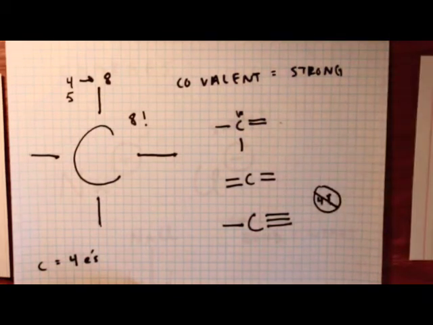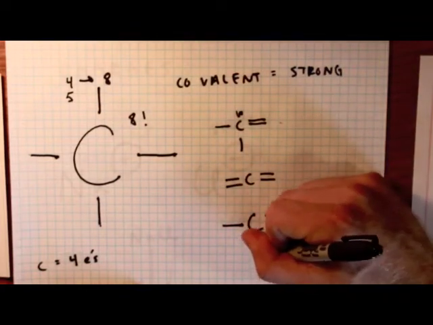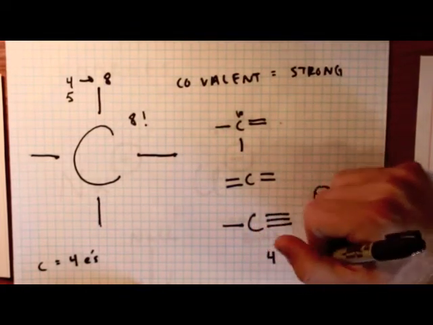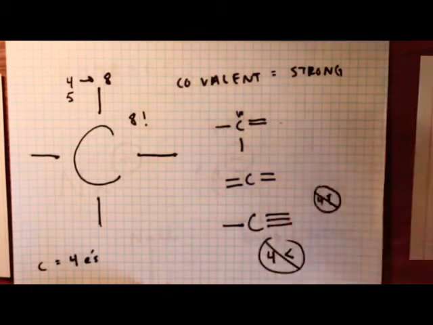Why not? Because there are only 3 dimensions in space that we can work with, leaving out string theory. We're going to get to what double and triple bonds have to do with 3-dimensional space later when we talk about orbitals. But basically, know this: when you're setting up carbon's bonds, you can't exceed 4, whether that's 4 single bonds, 1 double bond and 2 single bonds, or 2 double bonds, 4 bonds in total, because it can't feel like it has less than 8 or more than 8, and it can't have less or more than the 4 original electrons it started with.